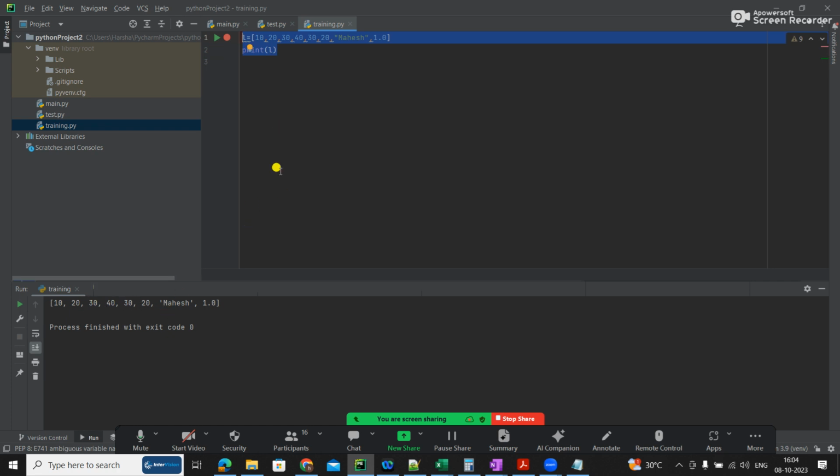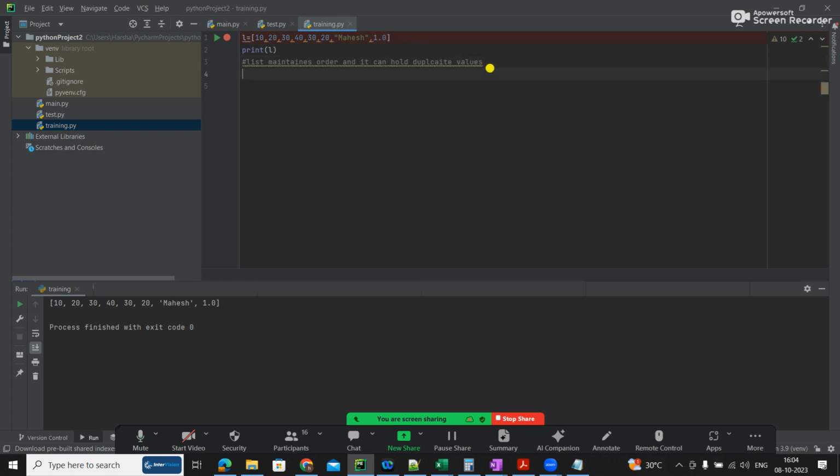10, 20, 30, 40. List maintains the order. Already you saw, list maintains order, and it can hold duplicate values. Everyone please listen, don't sleep. List maintains order and it can hold duplicate values. You can see it can hold duplicate values and it can maintain order.